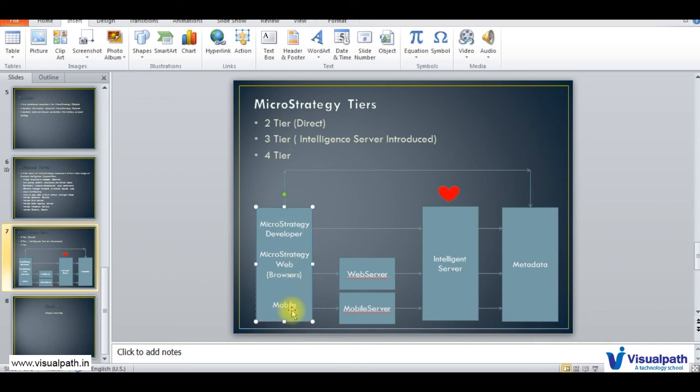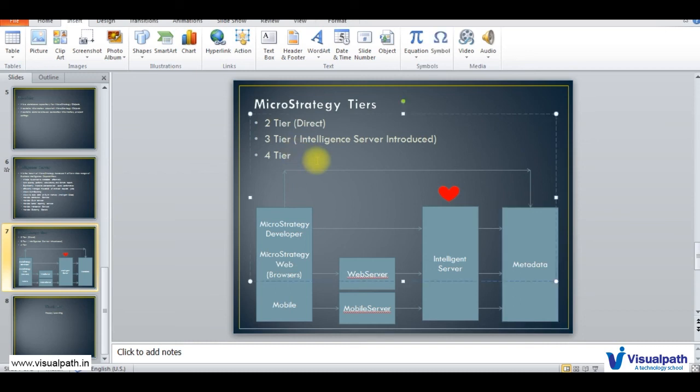Then this MicroStrategy application gets connected to the mobile server, and that mobile server gets connected to Intelligence Server, which is then connected to metadata. So how many tiers are coming into the picture? First, second, third, and fourth. That's why whenever mobile comes into the picture, that is again called 4-tier architecture.